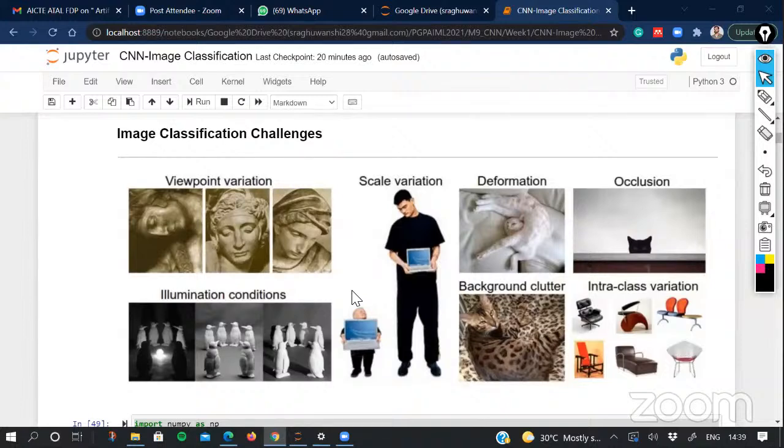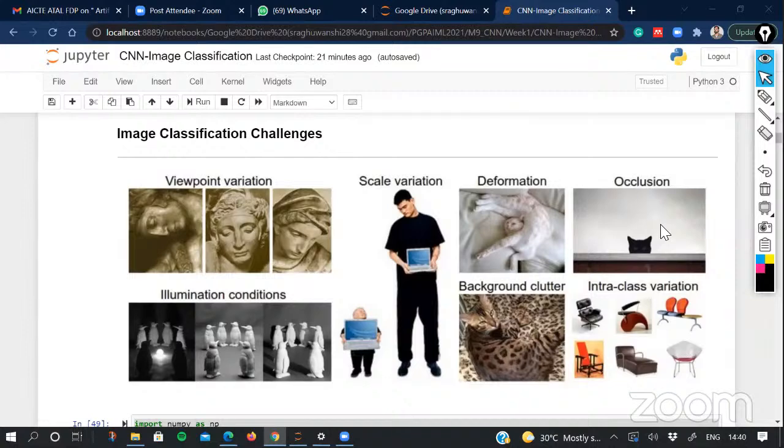Then sometimes the image can be deformed. Certainly, you can take images at an angle where they can be deformed. There can be some background clutter, so it becomes very hard to classify in that case. Like you can see this cat is actually sitting over a particular cloth which looks very similar to the cat's skin, so it becomes very hard to recognize. Sometimes occlusion can be there, where the object is not clearly visible with respect to the background that we have here. So again there will be a challenge to classify what kind of image that is.